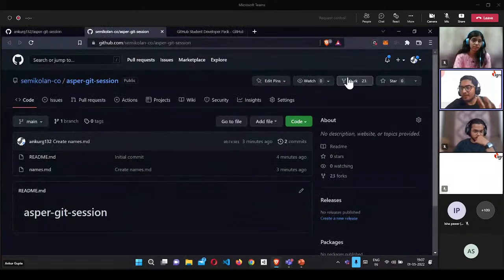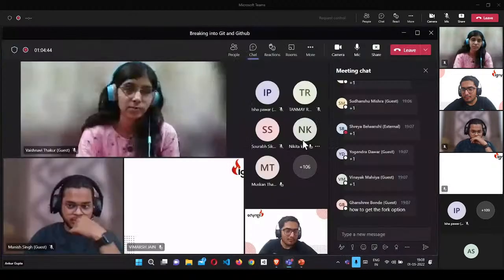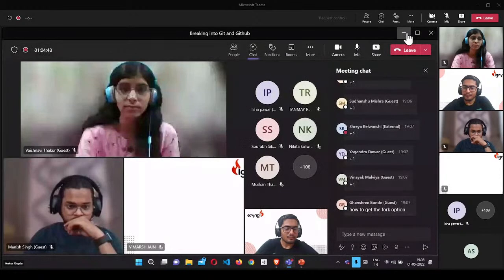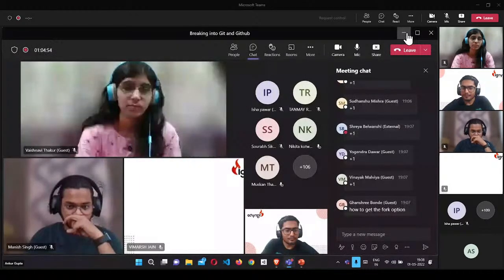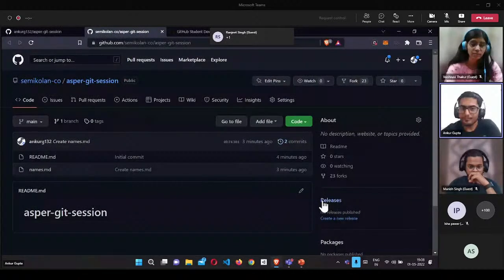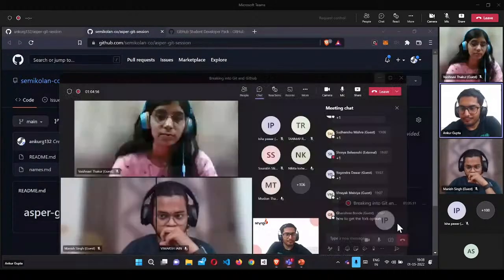If you're signed in, you should see this fork button here. Yeah, I see 25 forks.